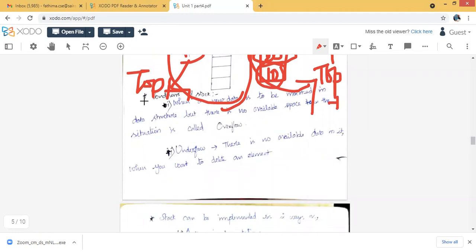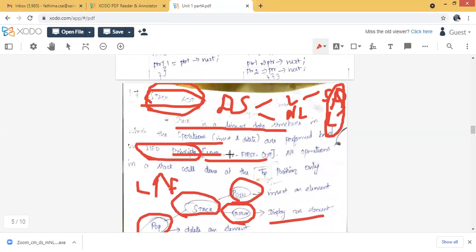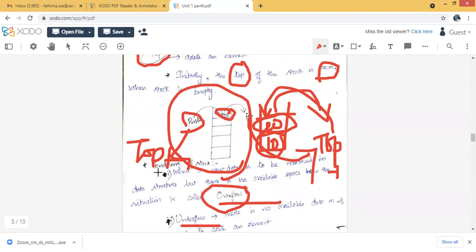In this, we have two conditions, overflow as well as underflow. Similar to a water tank, if the water tank is full it will overflow, right? If it does not have any water, it throws an underflow error. Like that, if we have an element to insert but the stack is full, it throws an overflow error. Underflow means I want to pop some element from the stack, but there is no data available. That is the underflow condition.